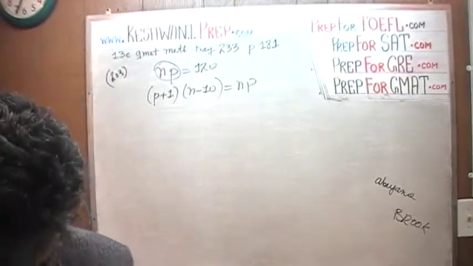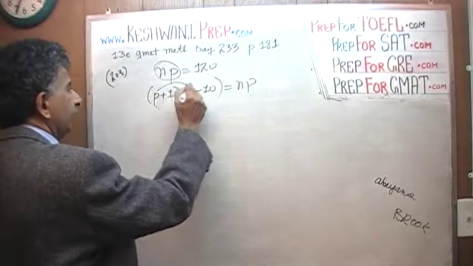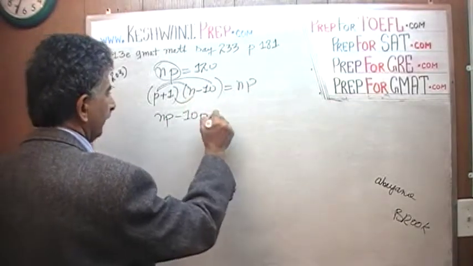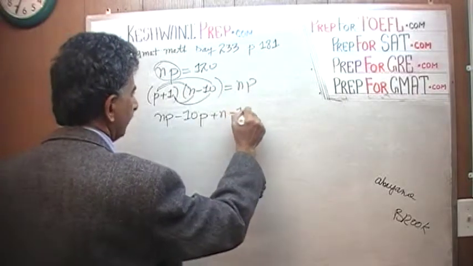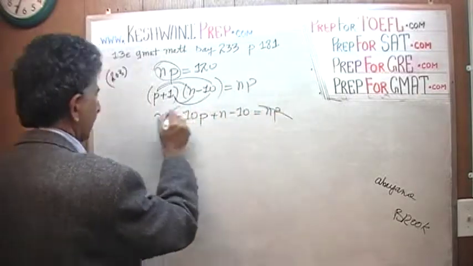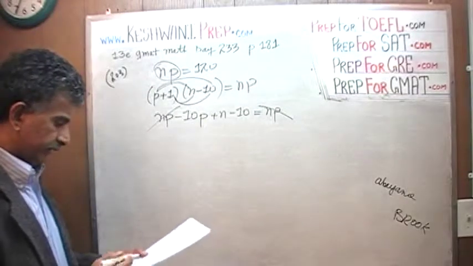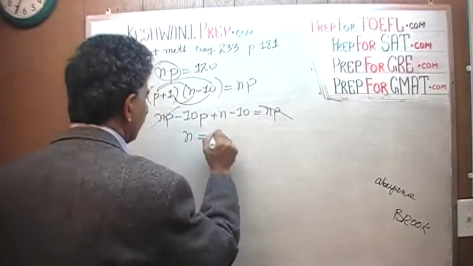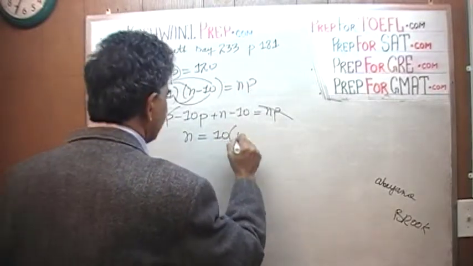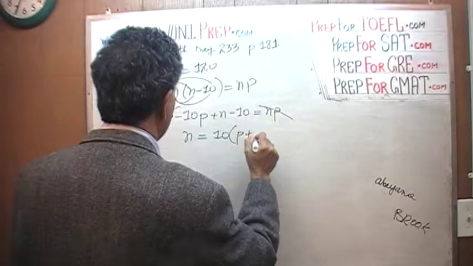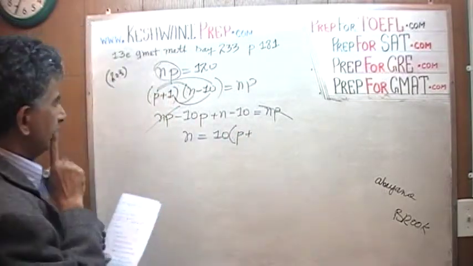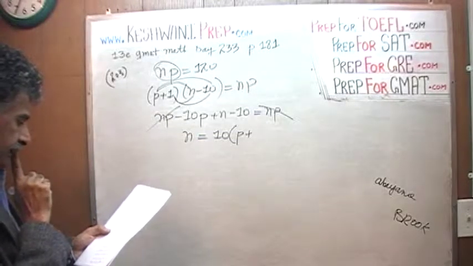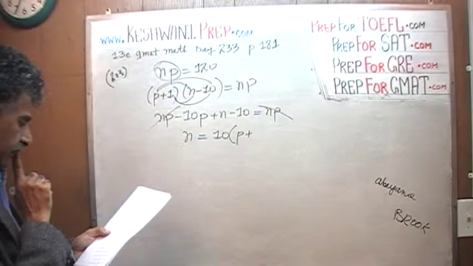Let's open it up, shall we? So p times n times p, minus 10p, plus n, minus 10 equals n times p, which can cancel out from both sides, and we end up with n. I'm not going to explain every step, I'm just going to do it. N equals 10 times p plus, n equals 10 times, it says in my notes 10p plus,